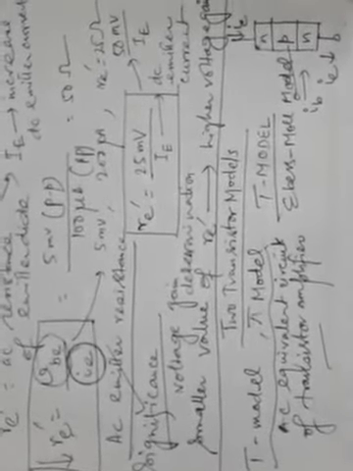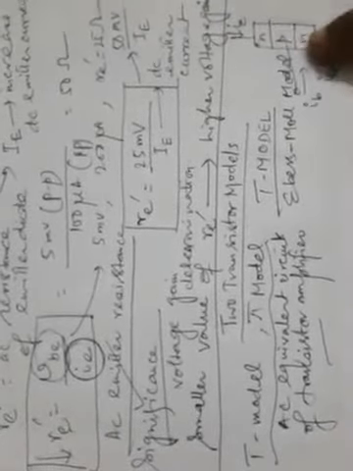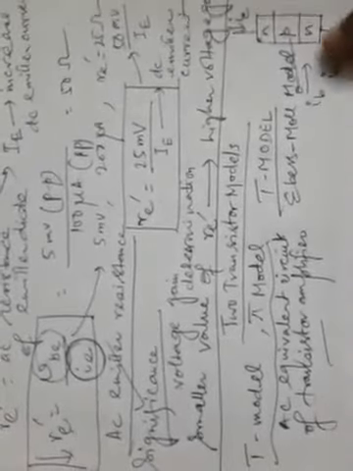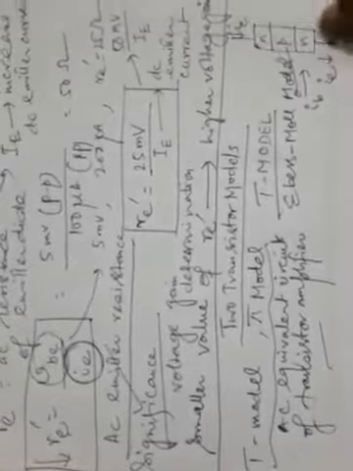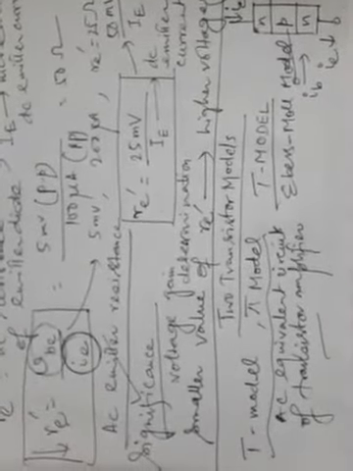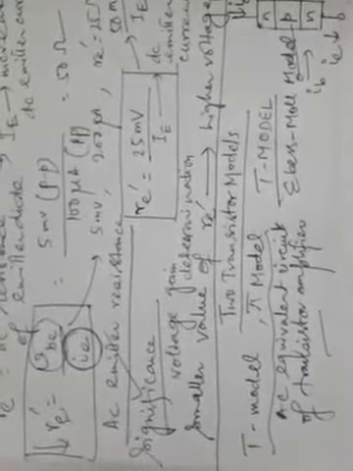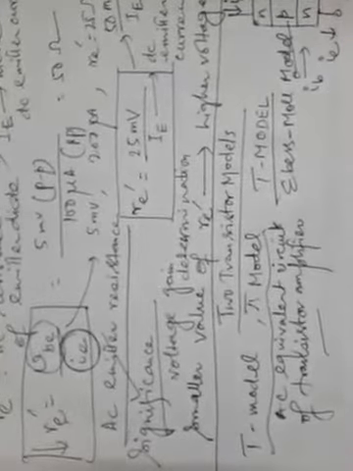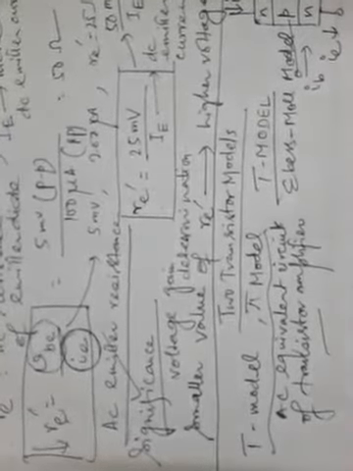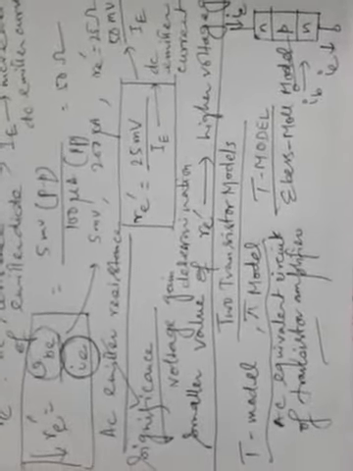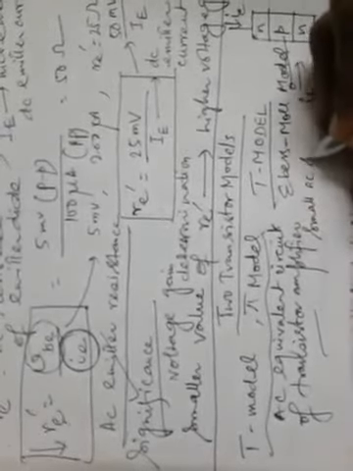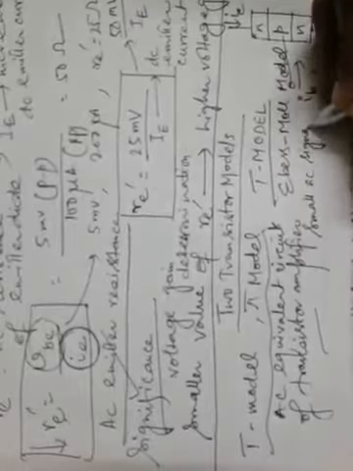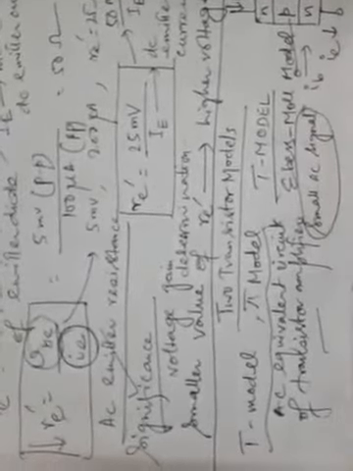So this is represented as the T model. It is a BJT, and its equivalent circuit I will be drawing shortly, and why it is called T model I will also explain. Now as far as small AC signal is concerned, this model will be dealing with small AC signal. That means it will be useful for small signal analysis.